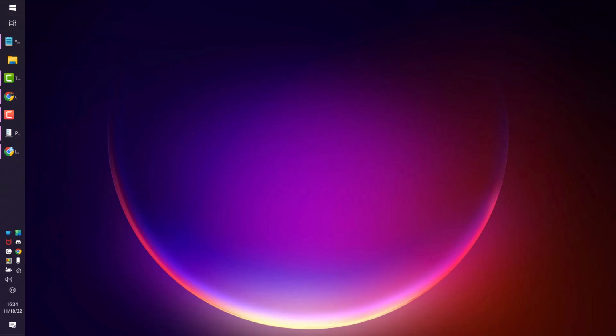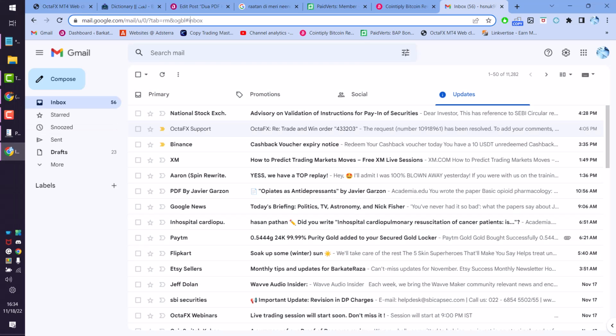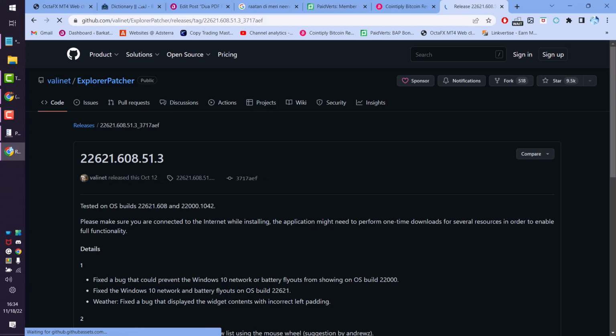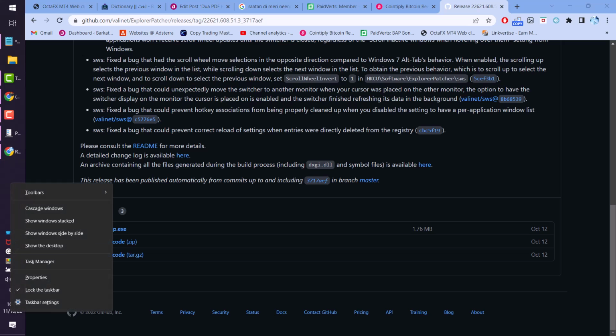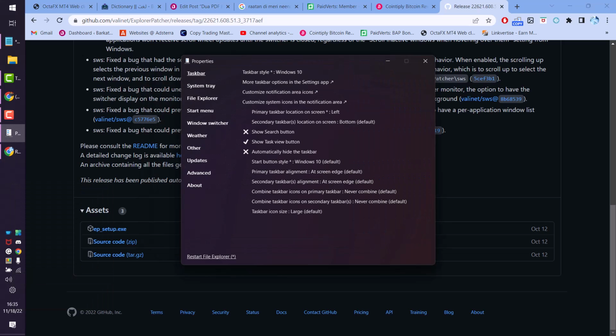So firstly open any web browser, and after that you have to visit one website. I will give link in description. So visit this website page, and here download and install this epstatus.exe file. So once you download and install successfully in your Windows 11, right click on this taskbar, then properties,